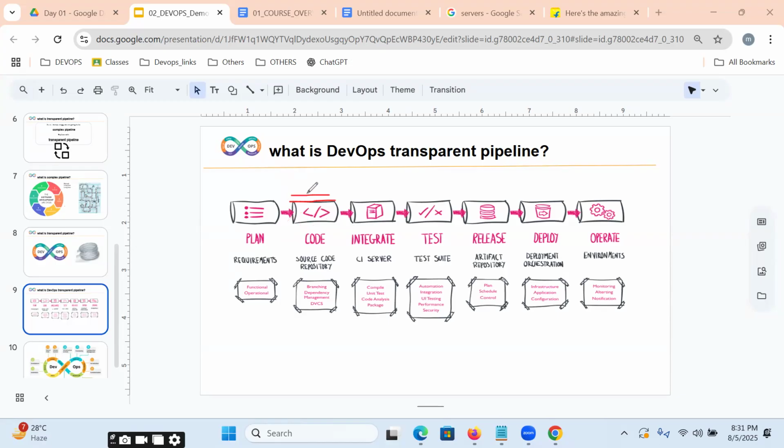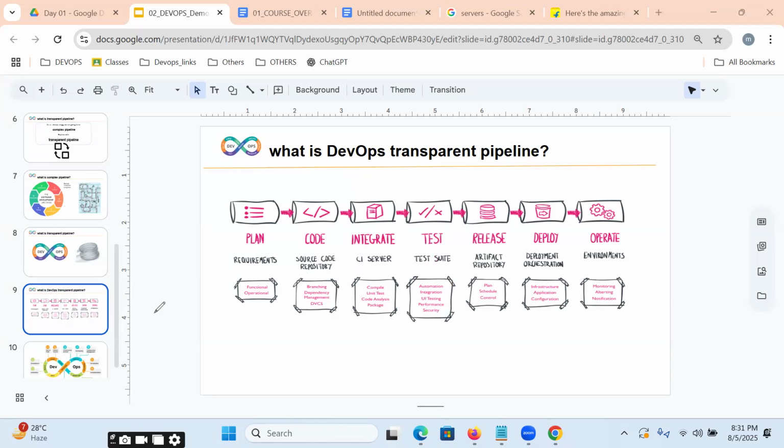Once the lines of code are written by the developer, we are going to continuously integrate them. Once they are continuously integrating, whether these lines of code are working or not, we are going to verify by testers. These test cases are written by testers, not by you.